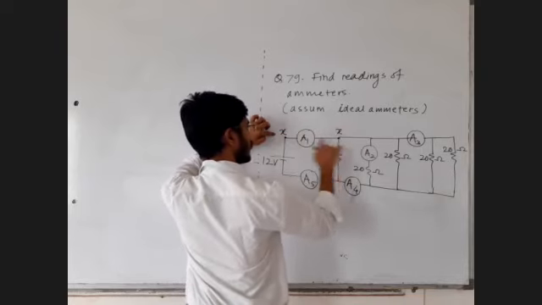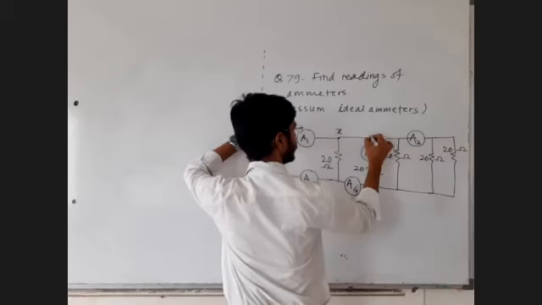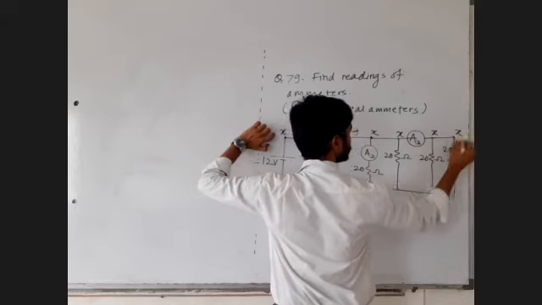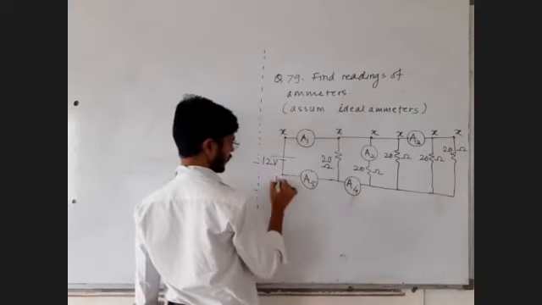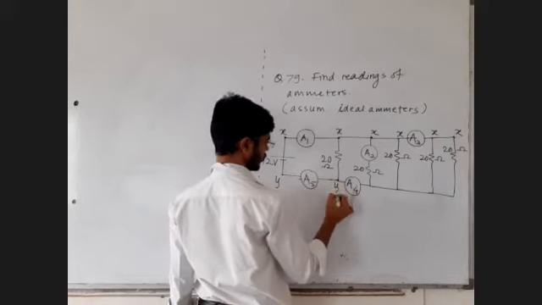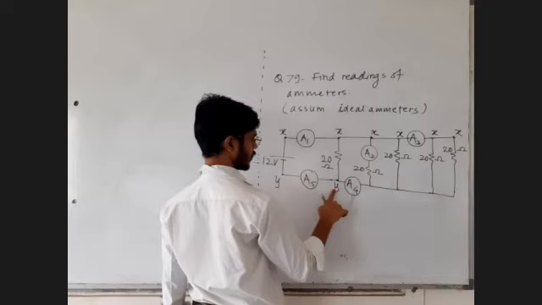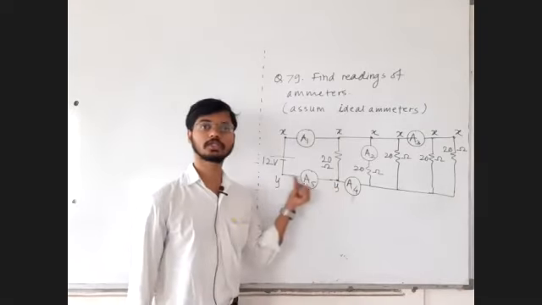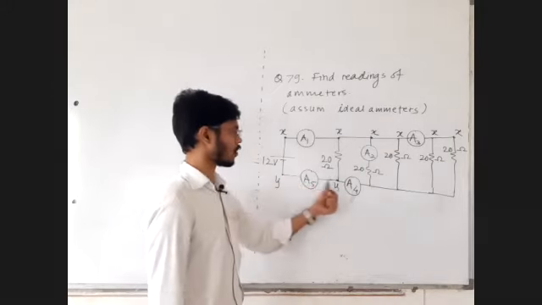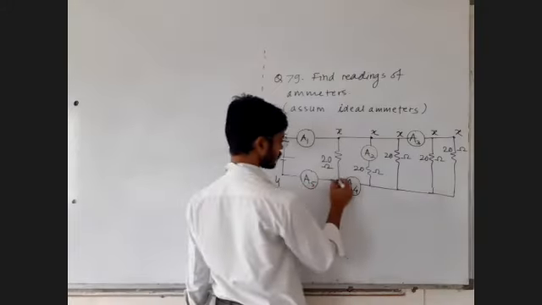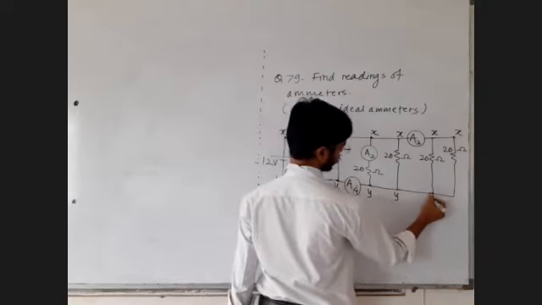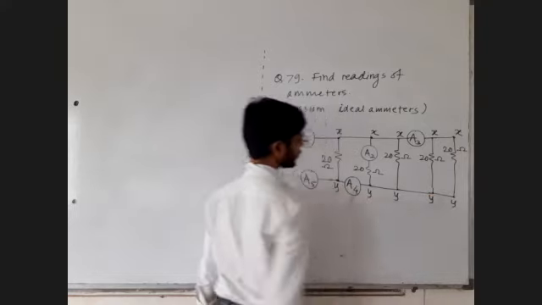So at this 12 volt, if I call this point as x, this point will also be x because there is 0 ohm resistance here. There is only wire, so this point is also x, and this point is also x. If I call this point as y, there is nothing here, only 0 ohm resistance. The ammeter is ideal, so I can call this point y. Because this is ideal, this is just a wire. If it were non-ideal, there would be some resistance, and in that case I could not call this point y. This point is also y, and so are these.